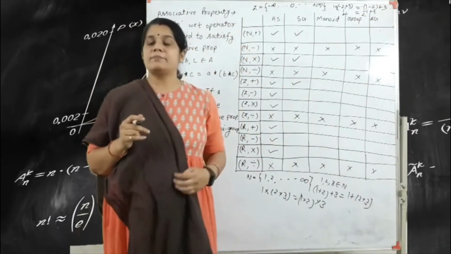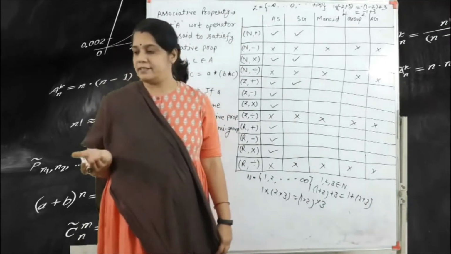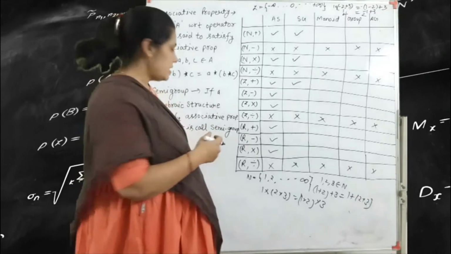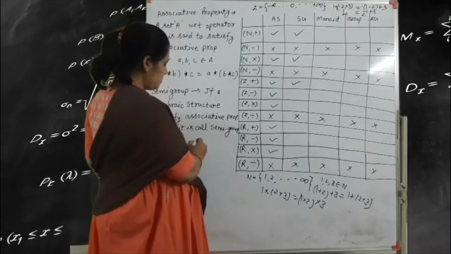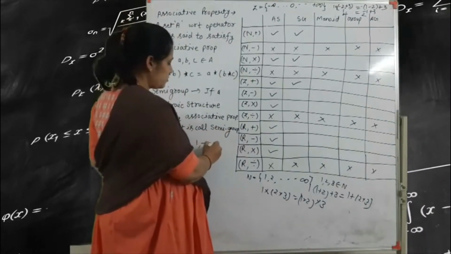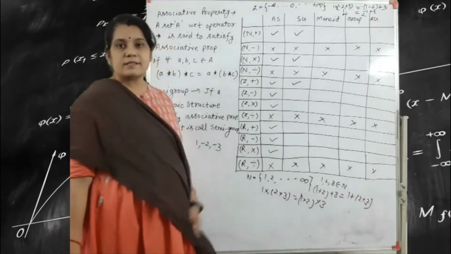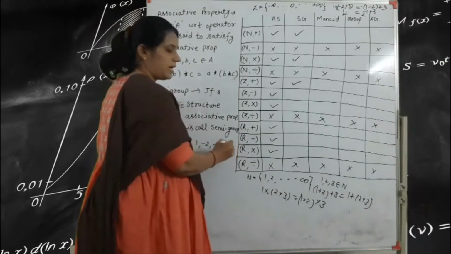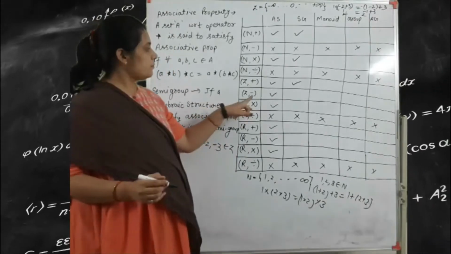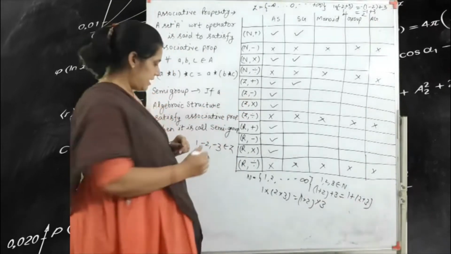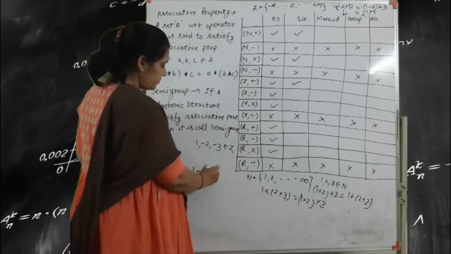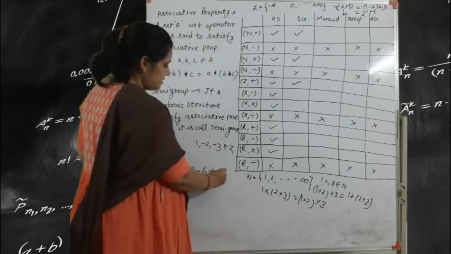Okay, for example, we consider the Z minus. So what do you mean by the Z minus? If we use the Z minus, that means we use here 1, minus 2 and minus 3. For example, we consider three elements belonging to Z, and we use the operator minus sign. So 1 minus, minus 2, minus, minus 3.